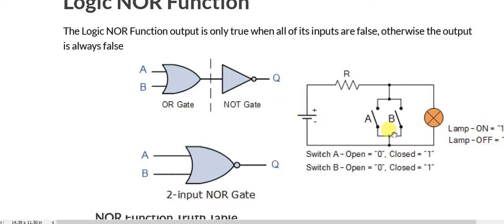Now if you can see, it is saying that the NOR operation is done, that all of its inputs should be false, meaning all of its inputs should be 0, in the state of 0. Now if A is 0 and B is 0, the current will pass through and it will be in the on state. It is also